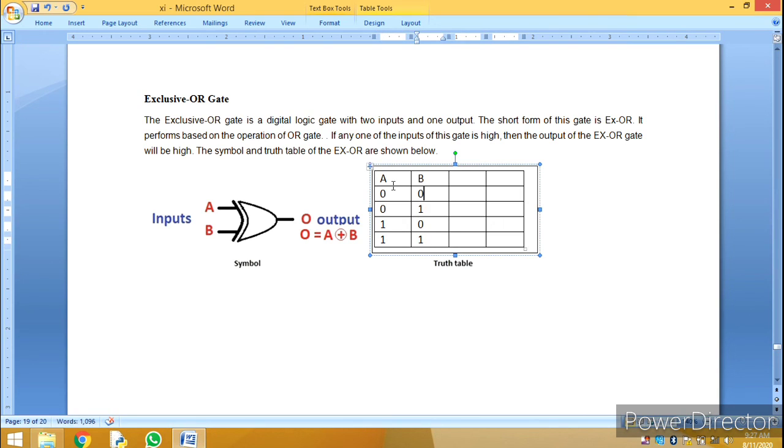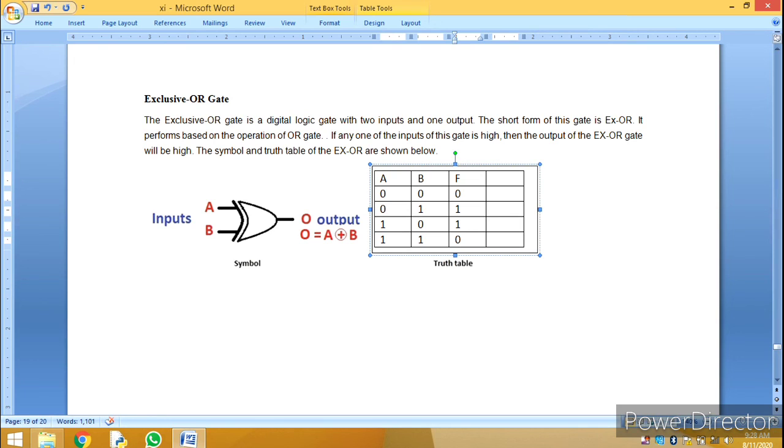If we represent the output as F, in the very first row there are no odd ones, so you are getting the value 0. Here you are getting the odd ones, so you will be getting the value true. Here again odd ones, so true. Here again you are not getting the odd ones, so you will be getting 0. This is a very simple rule: only for odd ones the value is true.